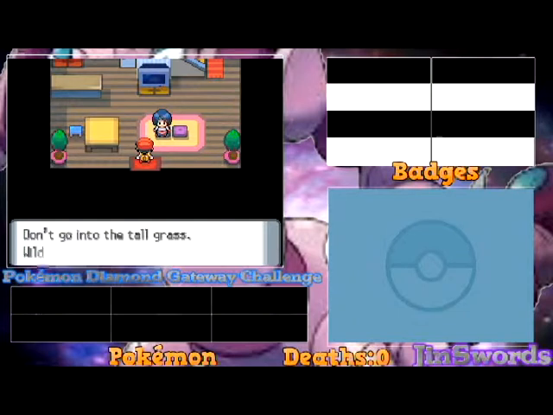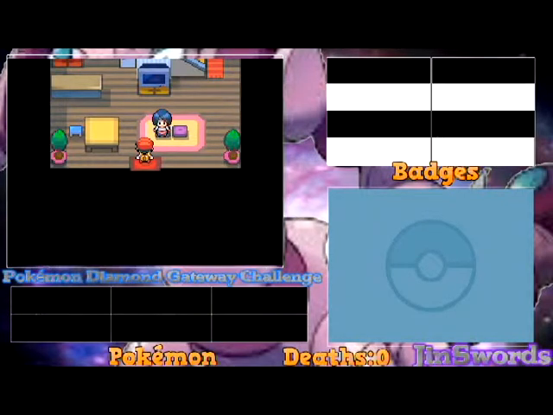Oh yes, Jin! Don't go into the tall grass. Wild Pokemon might attack you. It would be okay if you had your own Pokemon, but you don't, so...